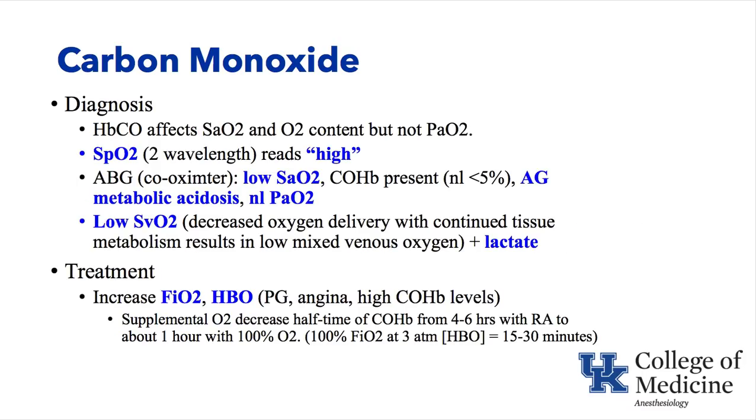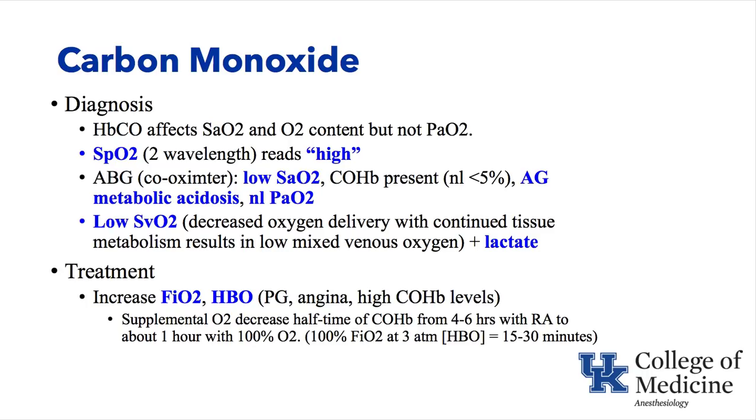The diagnosis of carbon monoxide poisoning is made by taking a blood gas and putting it into a co-oximeter, because the SpO2, or pulse oximeter, if you use the 2-wavelength type of pulse oximeter, which many are, it's going to continue to read quite high levels of saturation even when carboxyhemoglobin is present, because carboxyhemoglobin and oxyhemoglobin absorb at similar wavelengths. But if you take that blood gas, send it off, and have the co-oximeter separate into oxyhemoglobin and carboxyhemoglobin,